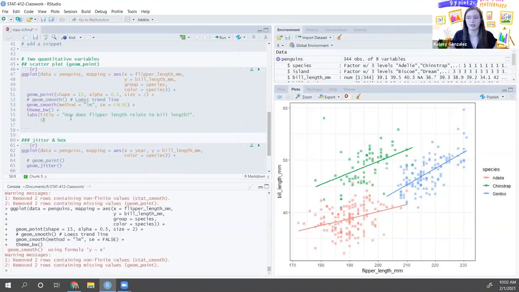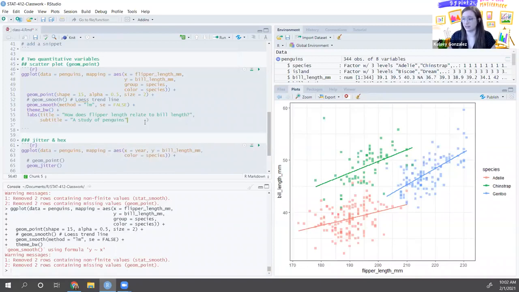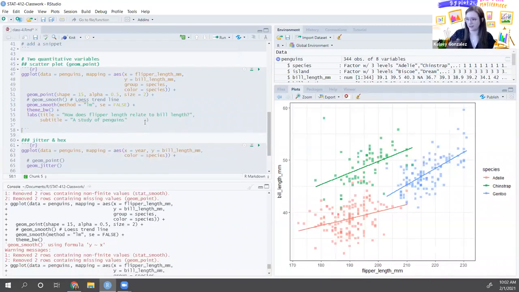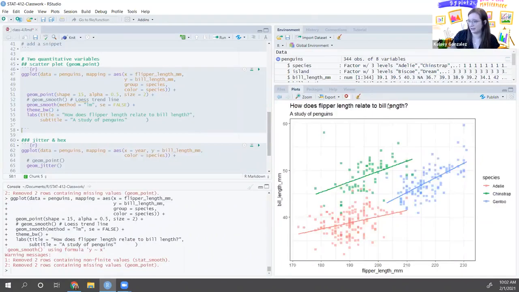And maybe underneath that, I want a subtitle and say, this is something a lot of people do, and I don't know how I feel about it, but like a study of penguins. And then, instead of just saying I've done something, let me show you what I've done. So I've added a title and a subtitle now,